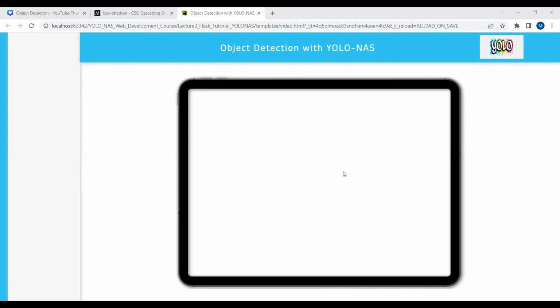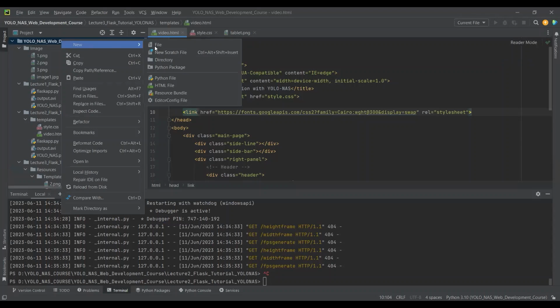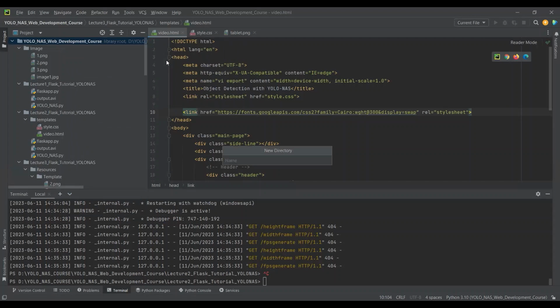In the last part, we have designed this web app page. Now we will see how we can run video on this page. So let's go ahead with this. I will go to PyCharm over here, click on this and create a new directory. And the name of the directory will be